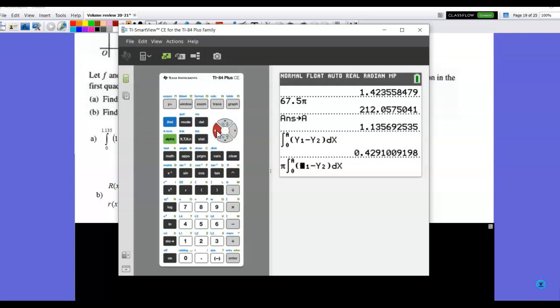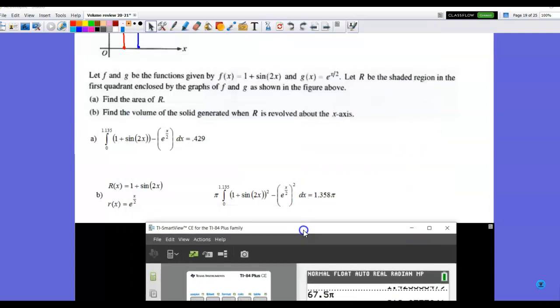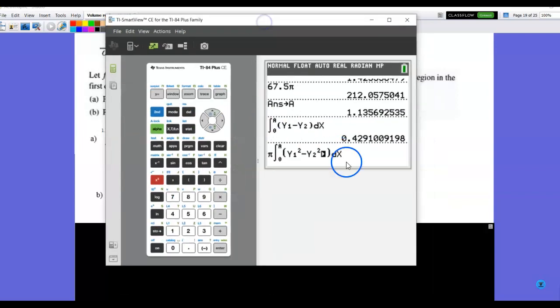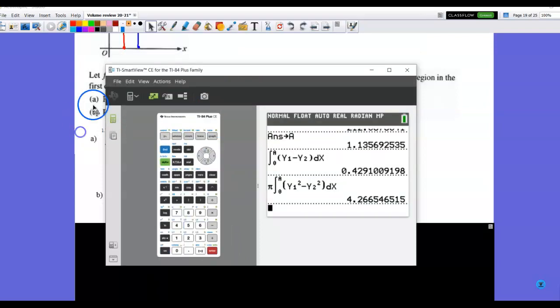I need to square that. Second insert square. Then I'll do the same thing here. Let me make sure I have that correct. So y1 quantity squared minus y2 quantity squared, big R squared minus little r squared. Now I'm going to get out of there, enter, and your purely decimal answer